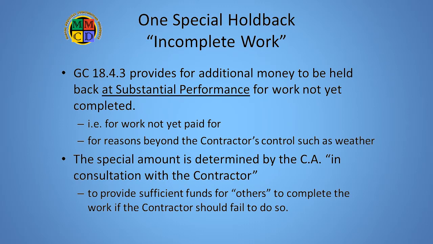Say the job is substantially performed, except that a $10,000 landscaping item could not be completed due to weather. The owner is concerned that should the contractor not return in the spring to complete this work, the $10,000 item remaining in the budget would be insufficient to hire another firm to do that work. In this circumstance, the CA would determine an estimate of what it would cost for another firm to come in and do this one sole item. Let's say that that's $15,000. In this example, the CA would authorize a $5,000 holdback to protect the owner.